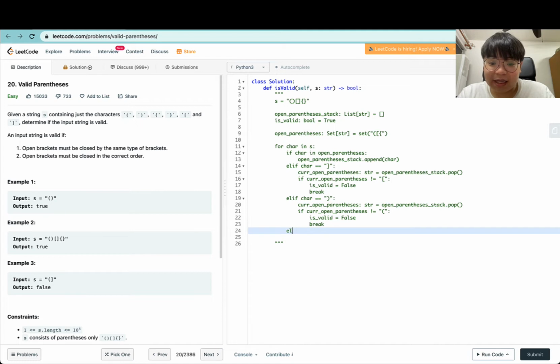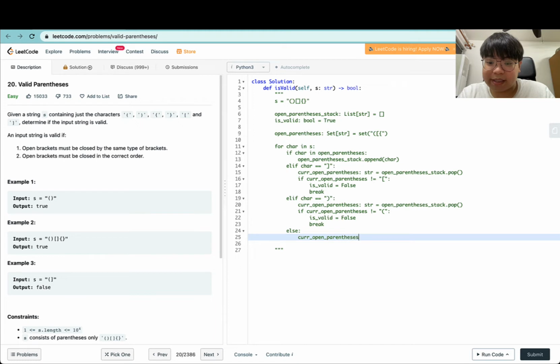And finally, this is for the character which is the curly bracket. So if it is a closing curly bracket, then similarly current open parenthesis is equal to open parenthesis stack.pop, and if current open parenthesis is not equal to the opening curly brace, then is valid will be equal to false, and we will break